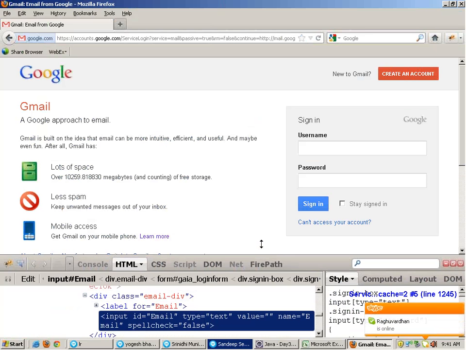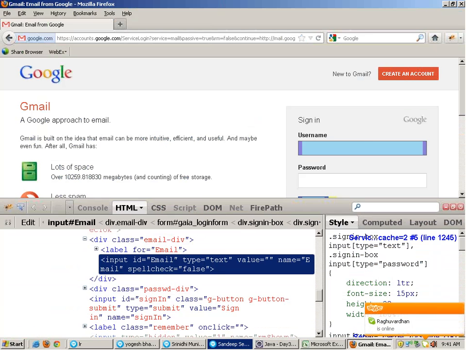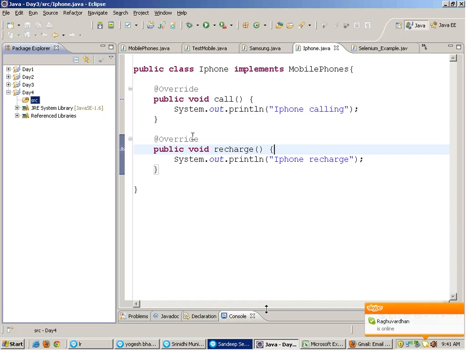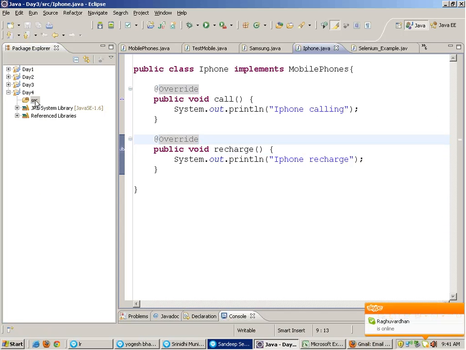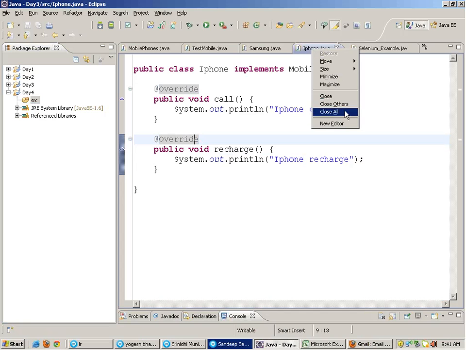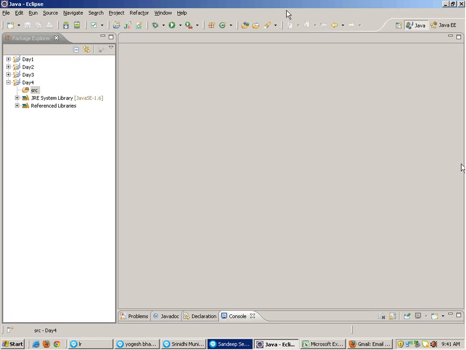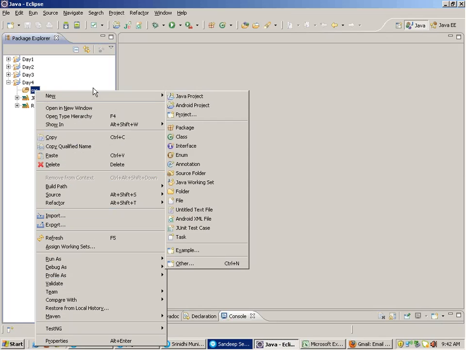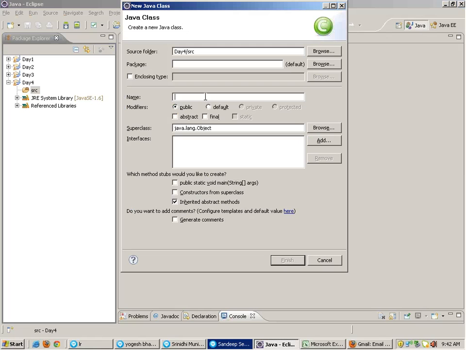Okay, this is Firebug, this is the username field. Out here in the source folder, right click, new class, that is Gmail,